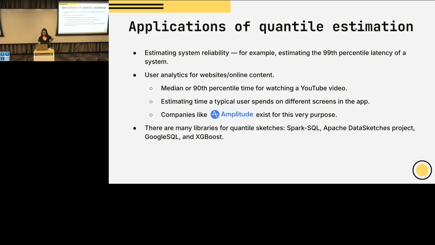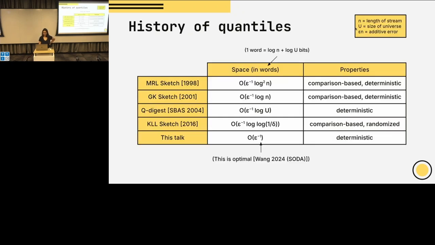Anyway, let me talk about the history of algorithms for quantiles. As I said before, all our algorithms for quantile estimation are going to be measured basically by how much space they take. You can also measure them by how much time they take, but this trade-off is generally pretty clear. We're going to focus on space for this talk, but you can translate this entire talk to time instead, to sort of also be a sensible talk.